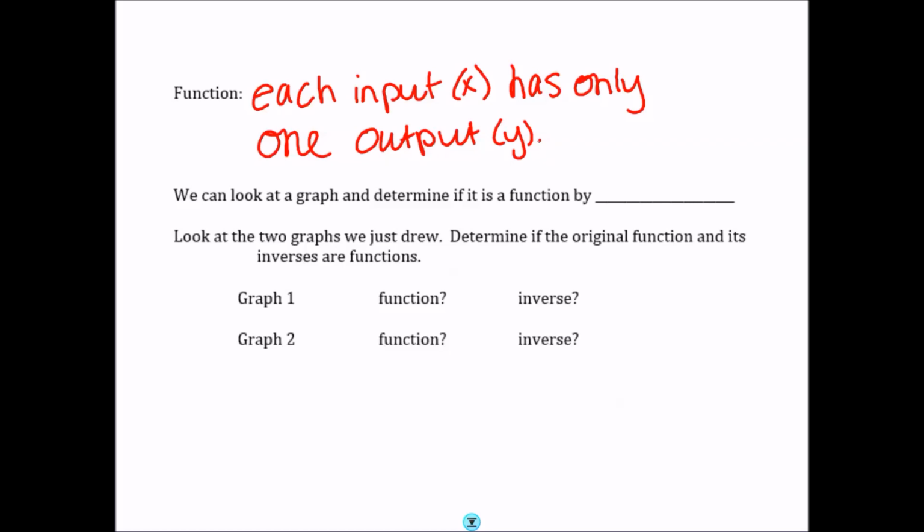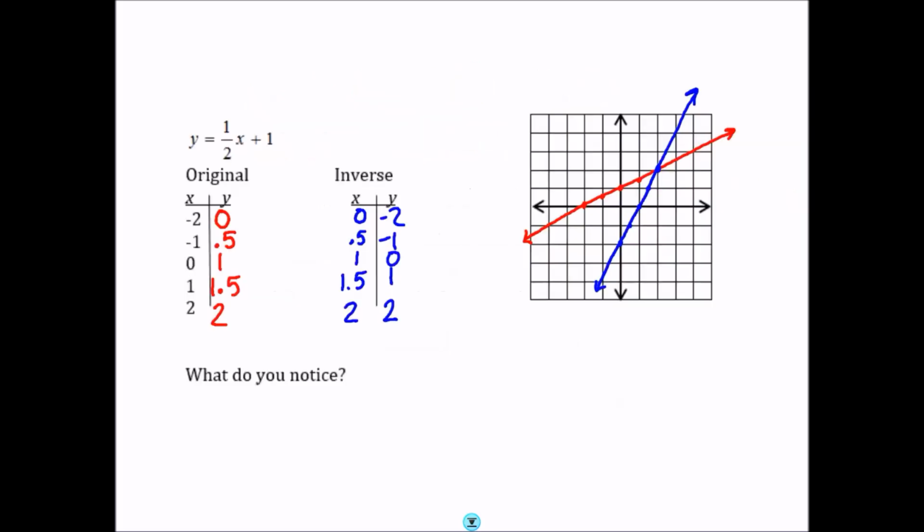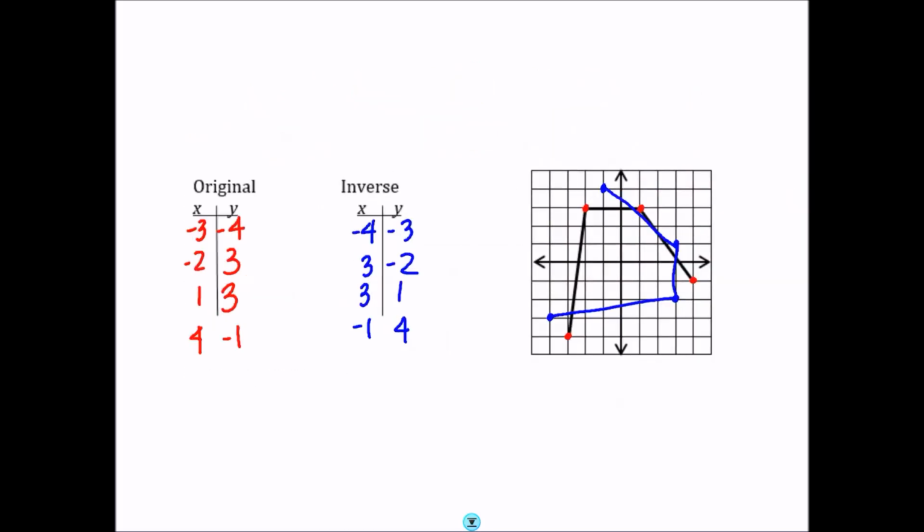We can look at a graph and figure out if it's a function by using the vertical line test. So I'm going to go back to the graphs on the front of the notes and determine if the original is a function and if the inverse is a function. For the vertical line test, if you hold your pencil vertically, you're looking to see if your pencil ever goes through the graph